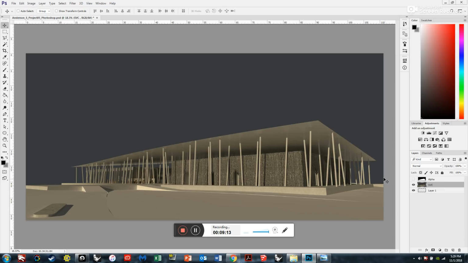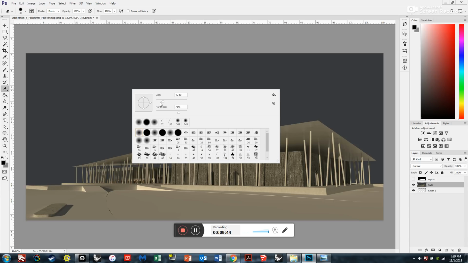So what I'm going to do here is demonstrate this thing called a layer mask, and we're going to be using the layer mask a lot. Essentially what it is is hiding certain parts of the image, and hiding it instead of erasing it is really the logic here that we're using. So if I was to use the eraser tool, right, I could come in here and I could start erasing the sky